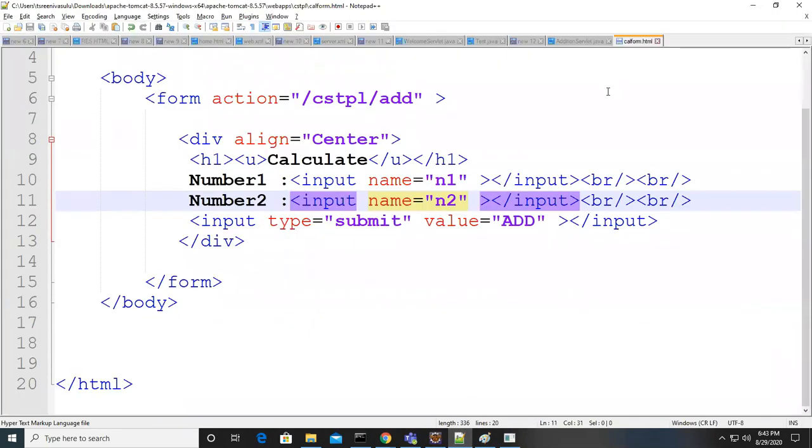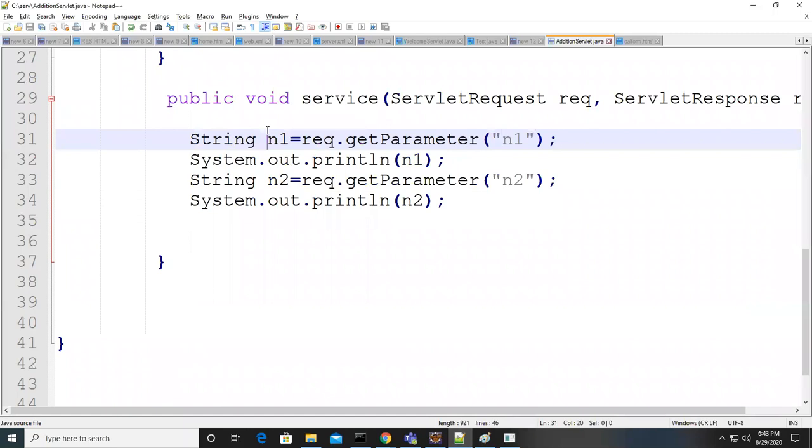Whatever values you get will be in string format only. From that you have to convert string to integer and so on. String can hold anything, right? That is the reason the return type of getParameter is designed this way.